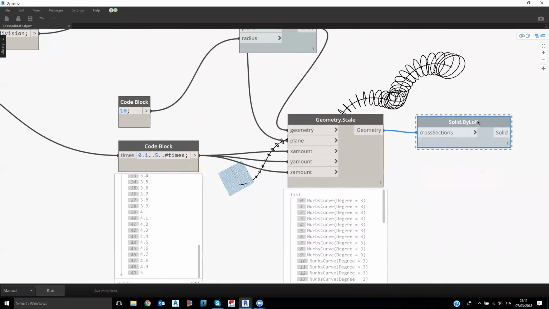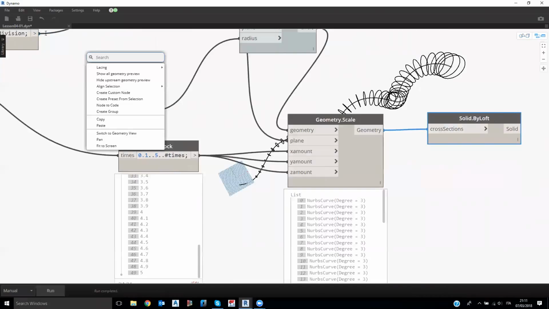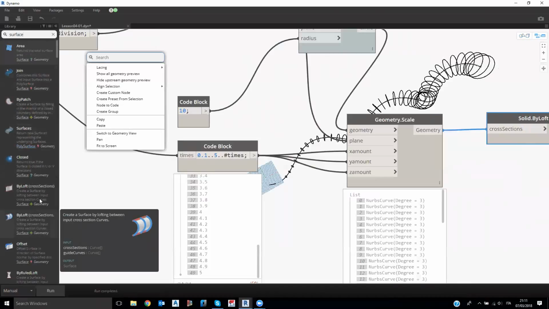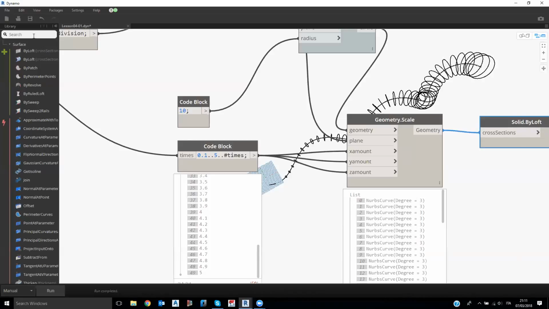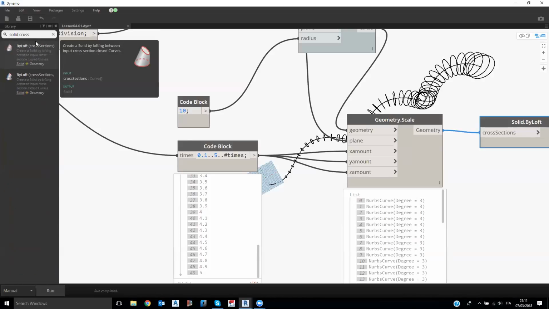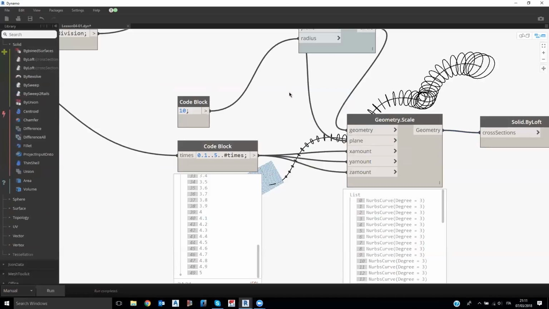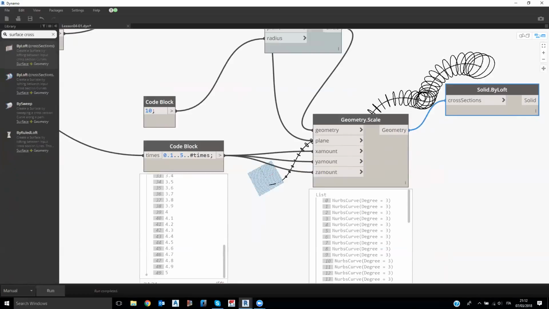And last but not least, I'm creating the solid using the cross sections. So it's exactly what we saw in the previous lesson, but in the previous lesson, we used the surface by cross sections. This time, I'm using the same nodes, but I'm creating a solid cross section, which is this one. So we have both nodes, similar for surfaces and for solids. The difference is pretty simple. If you use the surface by cross section, you just have a simple